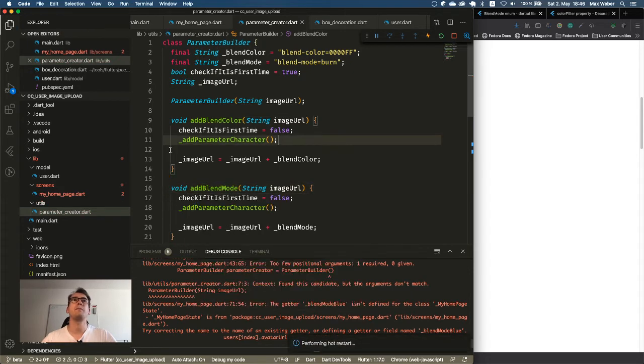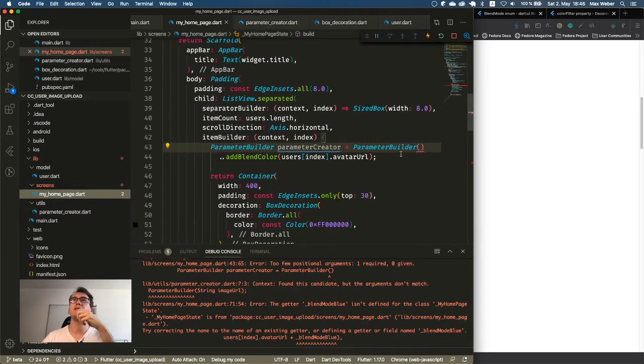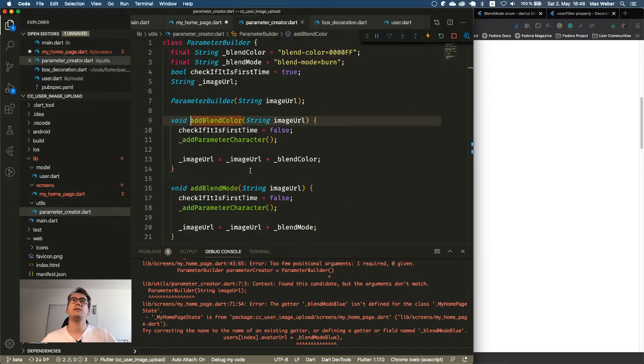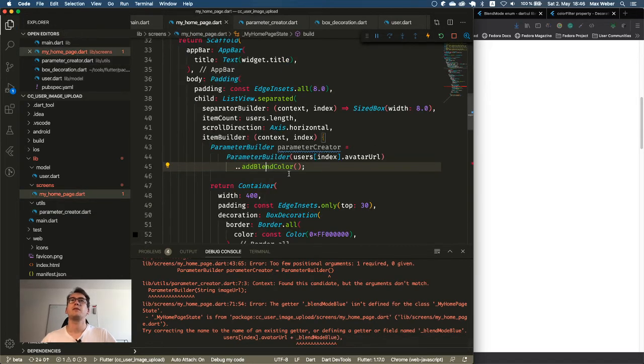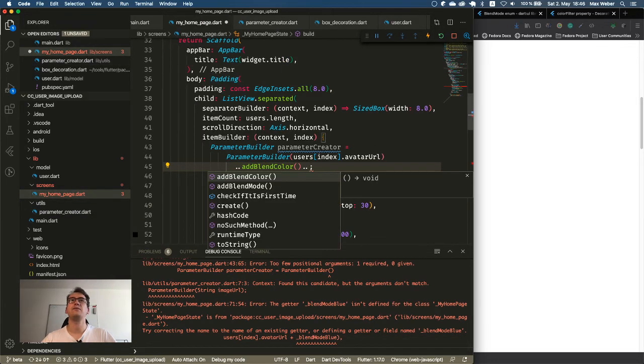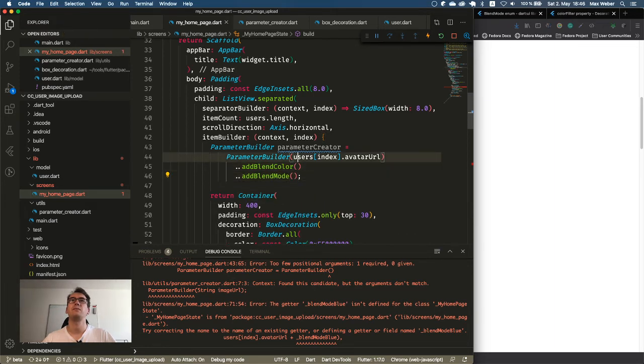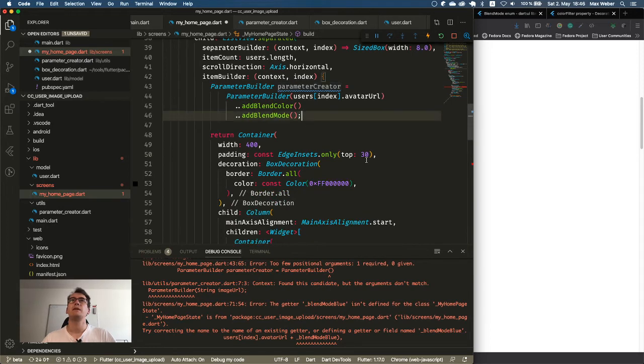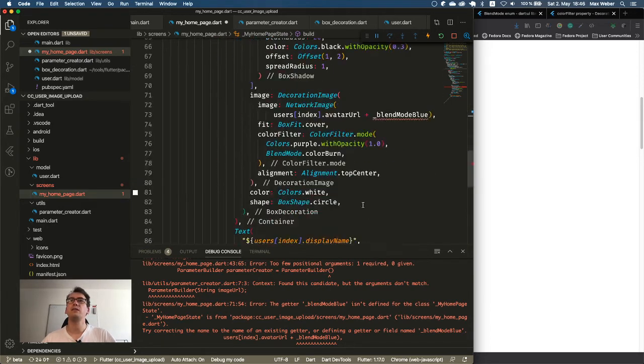So this is void. But the cool thing now is we can use this parameter builder. We enter once the avatar URL, which we have here. And now instead of, these shouldn't have any input parameter here anymore. And we can just now add these different blend modes and blend colors. And we can use these parameter creator and can now say wherever we want it to have, for example here, instead of this method, .create.